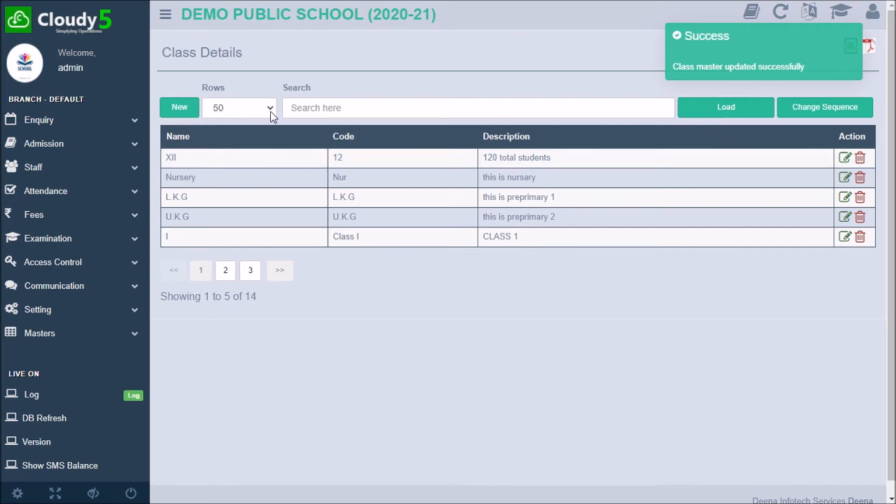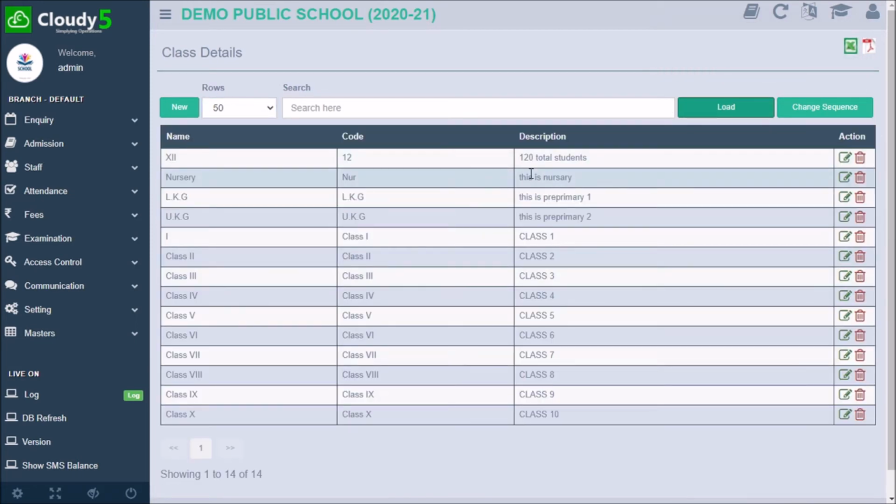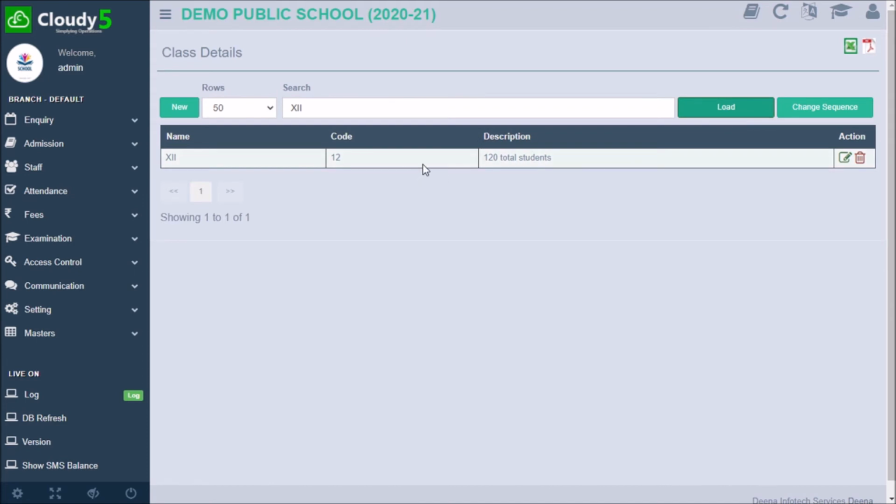And there you've made changes too. So now if you want to know the class details of all the classes, just click on a really big number, click on load. You can see all the class details are here. Class details of all the classes are over here. And if you want to search specifically, you can search it. I'm just going to type class 12th, load, and as you can see,